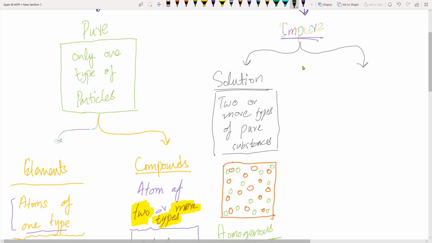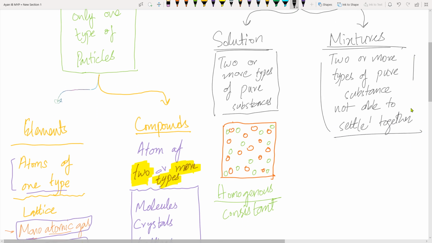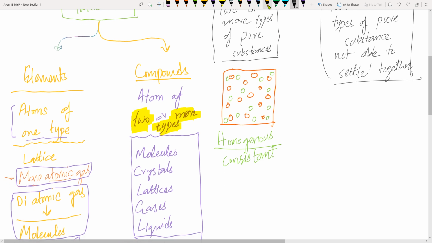So now for impure, we're going to have mixtures, right? Now for mixtures, we're going to have two or more substances again, two or more types of pure substances, but this time not able to settle together, right? Now in this case, we're going to have a different version of the